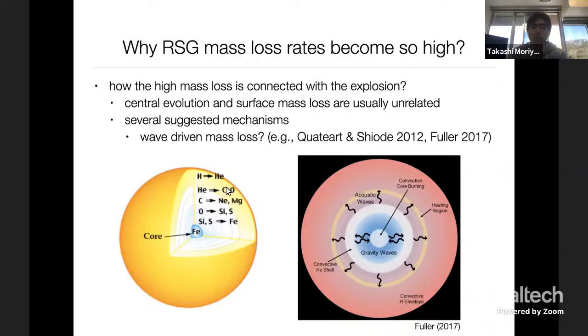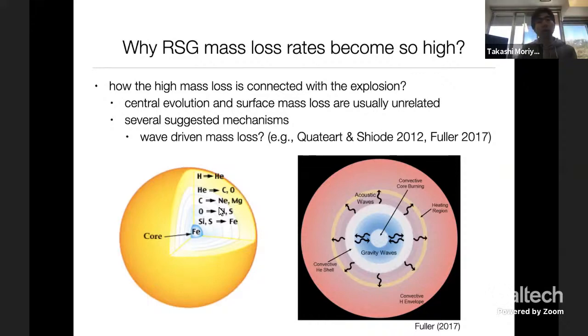And of course, what is a mystery is that the explosion of the star is triggered at the center of the star, while the mass loss is happening at the surface of the supernova progenitor. We didn't think mass loss would change within 30 years before the explosion, because this is too far to affect each other in 30 years. So we thought the timing of core collapse shouldn't be much related to the surface mass loss, but